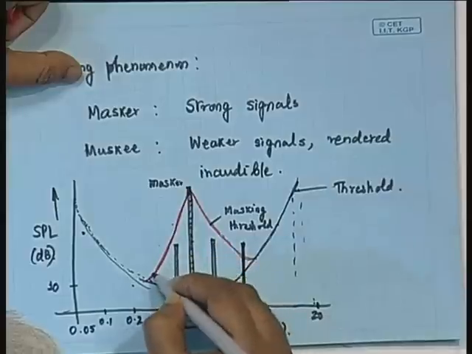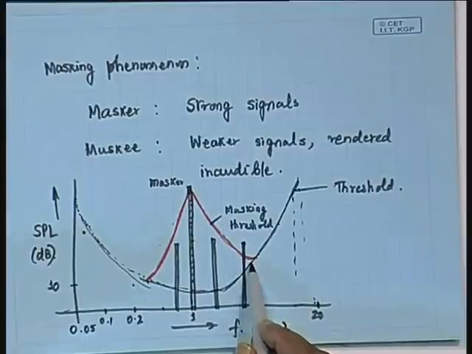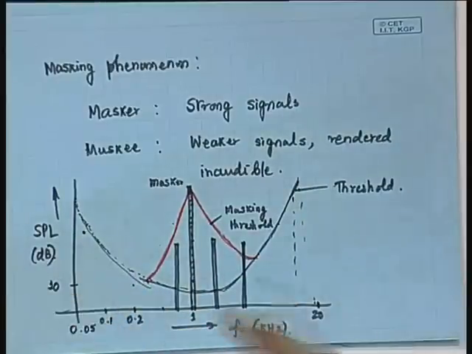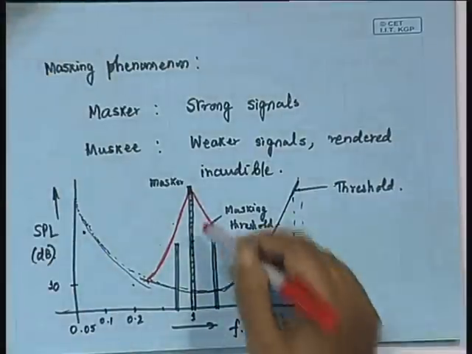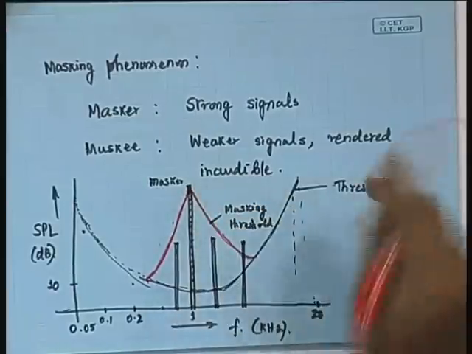Now the effect of such masking is only for a range of frequencies around this masker frequency. So what we will find is that if the masker frequency, in this case 1 kilohertz, maybe up to 500 hertz on this side and maybe up to 2 kilohertz or 4 kilohertz on this side, you will find its presence. And that too gradually decreases. Unless we create a sound of higher intensity in the vicinity of this 1 kilohertz, it will not be audible.